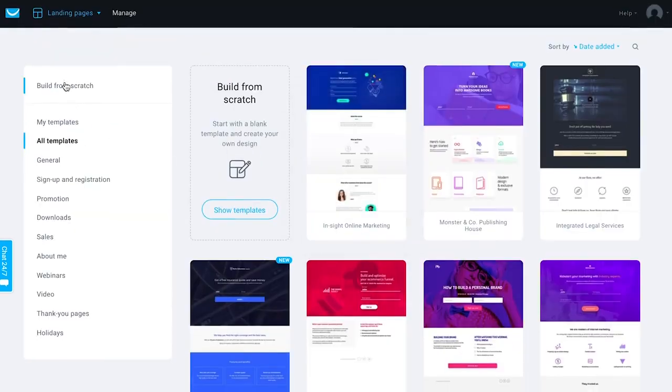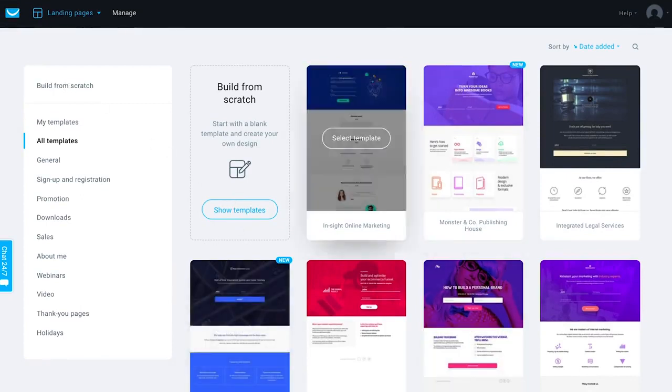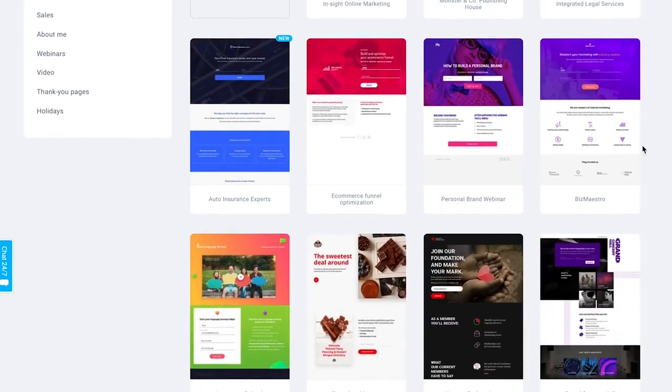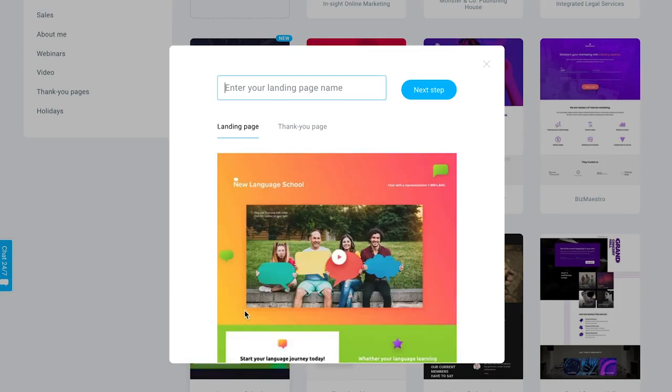And you can also build one from scratch if you want to put the elements together yourself and customize the design in that way. Let's go ahead and choose a template that we'd like to try and customize for this example. So I'll choose this one. So we need to give it a name. This is internal, only you'll see it. So I can do, new school